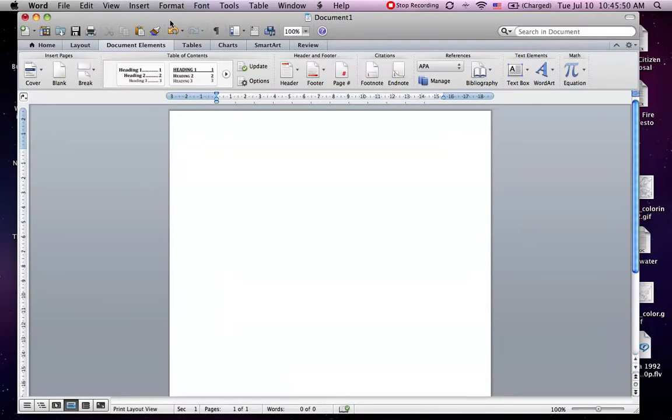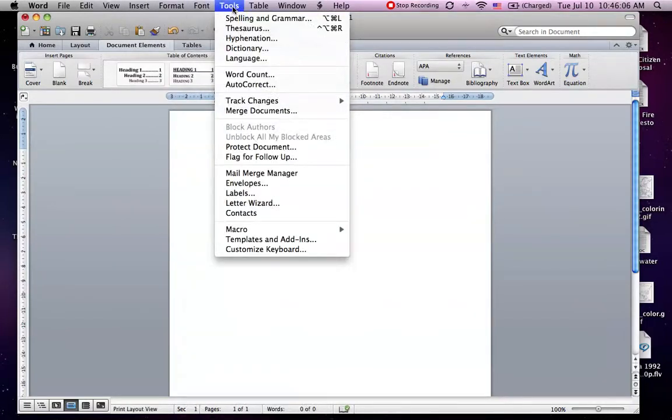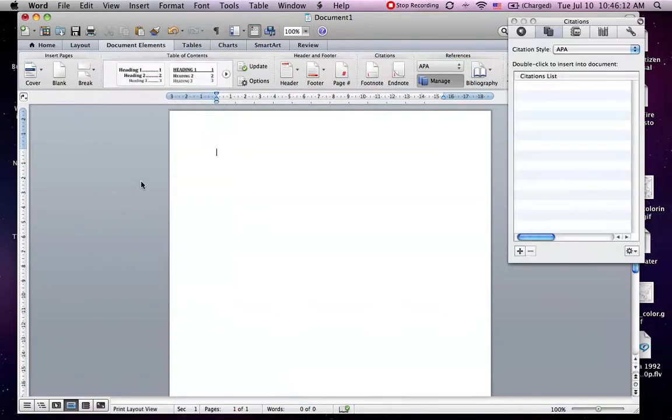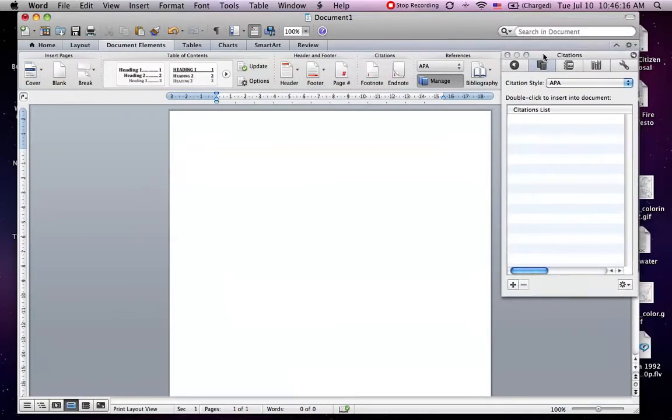And again, this is Word for Mac, and I don't know Word for the other programs such as PC or Microsoft, but it is the same general process. So what you're going to want to do is first go to View, your toolbox, and you want Citations. You're going to get this wonderful citations box that pops up for you, and you want to choose MLA in